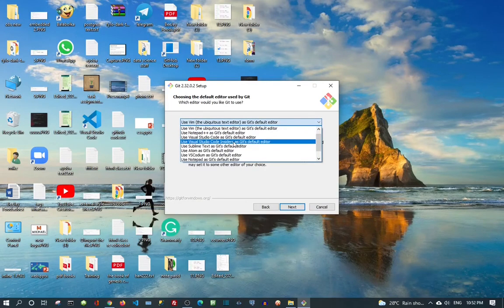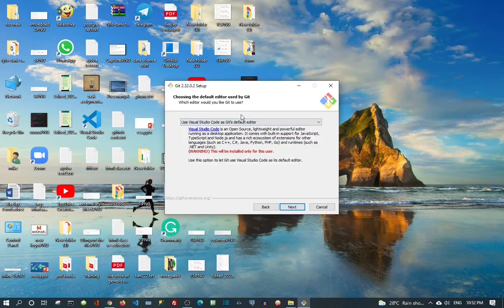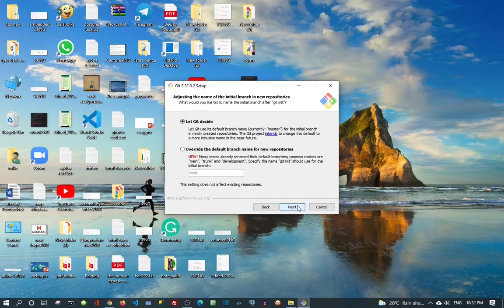Okay, so right now I'm going to choose Visual Studio Code as my default editor. If you want, you could just leave it on the default, but I'm just going to choose Visual Studio since I have Visual Studio already installed. Then next,